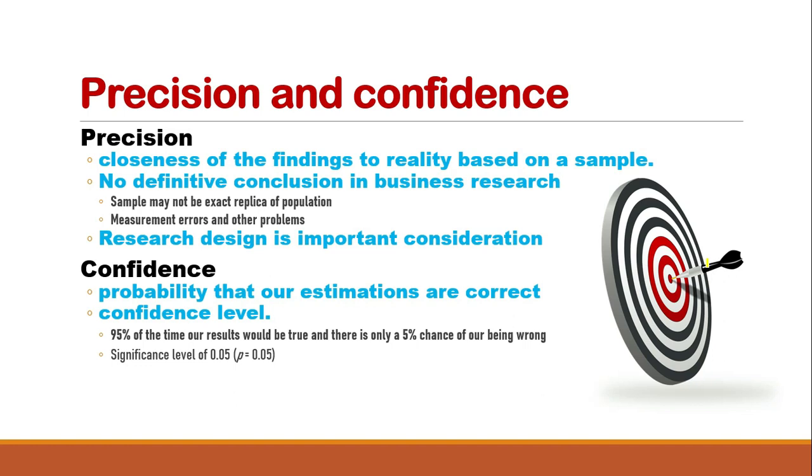Precision basically reflects the degree of accuracy. Accuracy of what? The accuracy of the result on the basis of the sample to what really exists in the whole universe or the population, as we say it. In business research, however, we are never able to draw definite conclusions on the basis of the data analysis. What is the reason? Because we have to base our finding on a small sample, and there is a larger chance that the sample does not reflect the exact characteristics of the phenomena that we try to study.